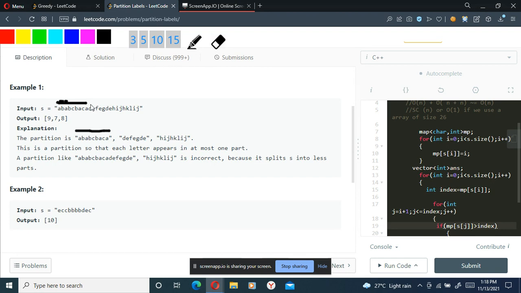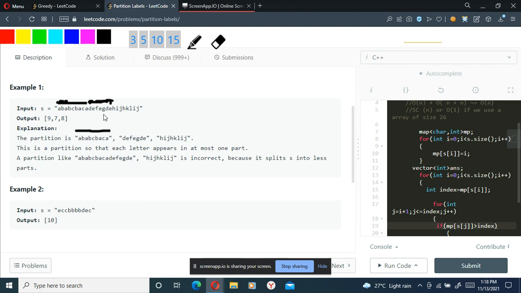Then again, we have got here D. It starts from here and ends somewhere here, but we are not taking that substring. Why? Because in this substring we have got some other character, that is E in here. So we will have to take E's index here, which is the last occurrence of E. So I will be taking this.